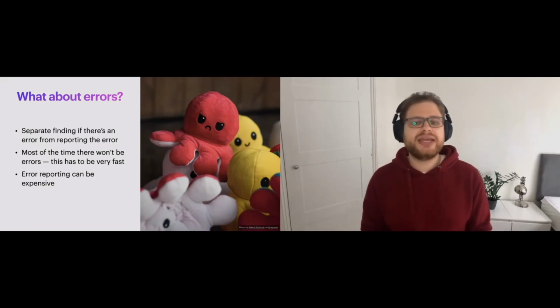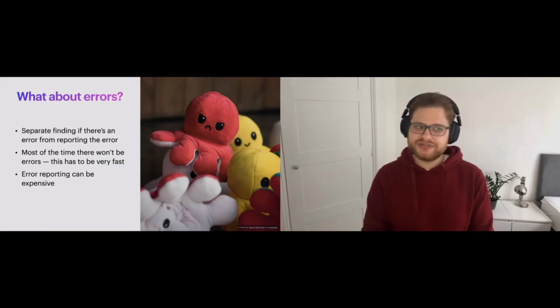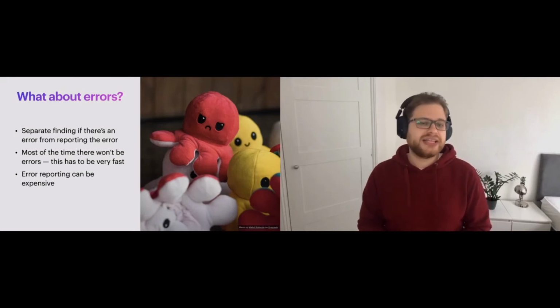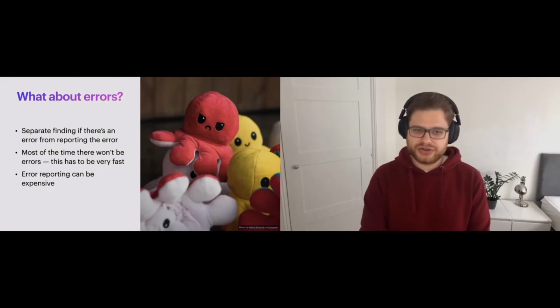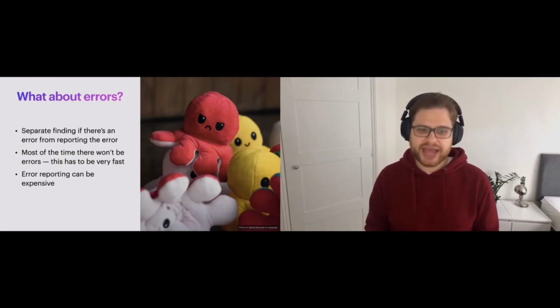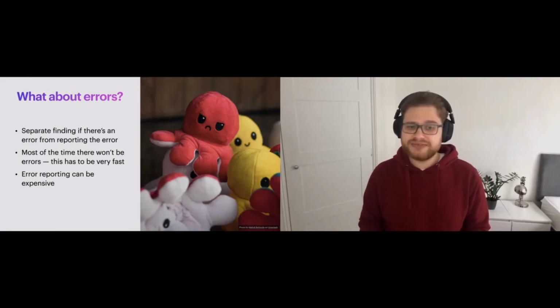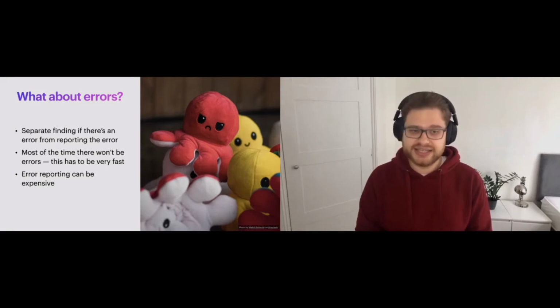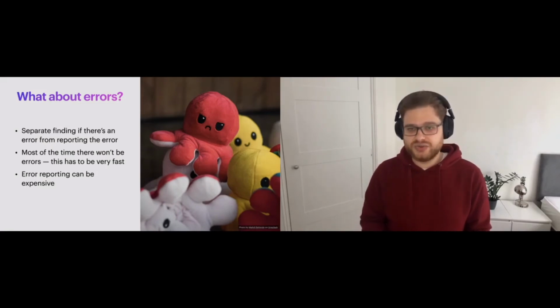And if we can make finding errors fast, this means we can report to the user that there were no errors fast. On the other hand, if we need to report errors and present them nicely, it's fine for us to spend more time resolving some things and getting some extra information, perhaps even doing redundant analysis, just to make this common case of no errors fast.